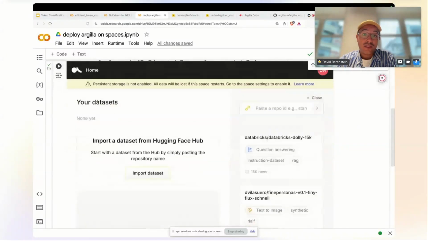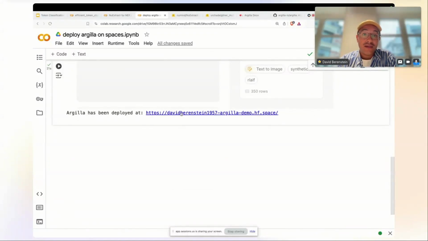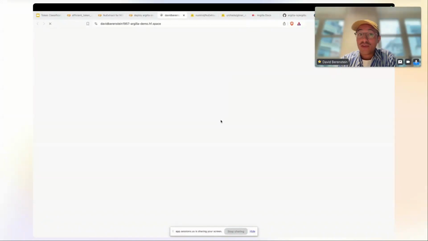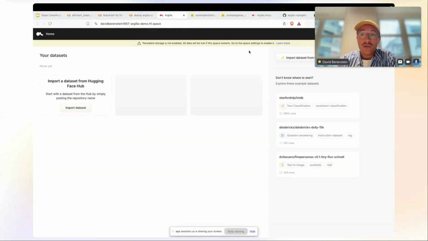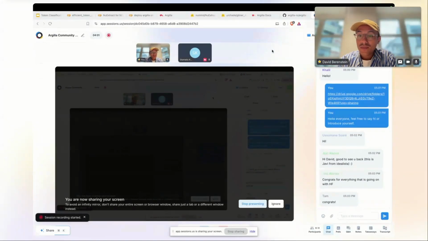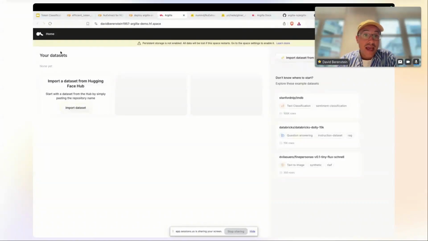And then after that, you actually get this nice iframe showing Argilla, and you can also go to the official deployment here to kind of go outside of the iframe as well. So it's a nice addition that we've worked on. And what we recently released is this UI dataset import feature. So what we can do now is import datasets from the UI without needing any code and directly import them